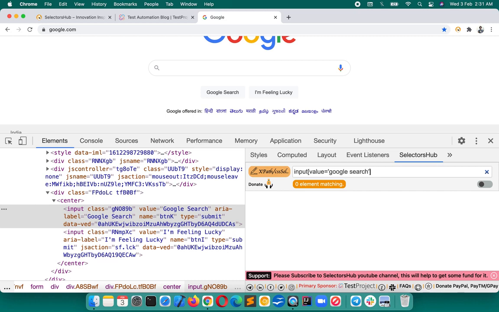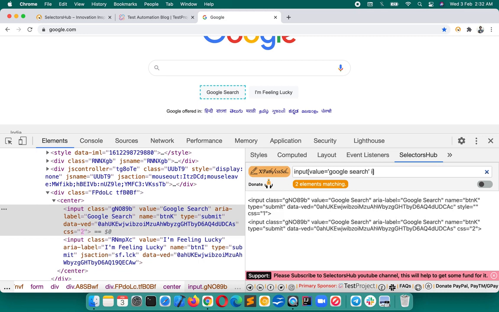In that case you can use I, a very powerful function in case of CSS selector. Just add a space here after the ending value, single quote or double quote, whatever you are using, space, and then type I, press enter. Now you will get the results. So I is for ignore the case in case of CSS selector.